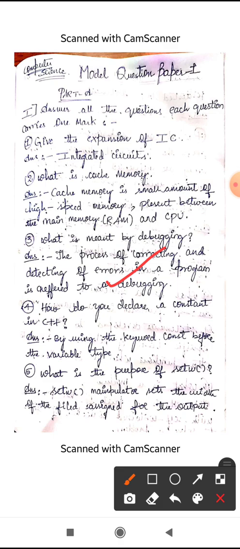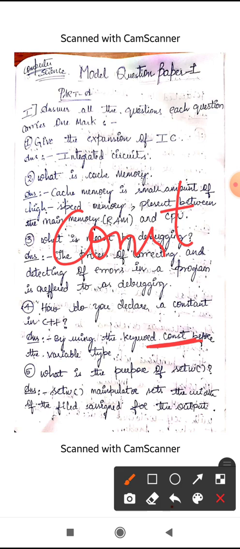Okay. So the next question is, how do you declare a constant in C++? By using the keyword const. This is a keyword here. By using the const keyword we declare a constant in C++. Okay. So what do you mean by constant?